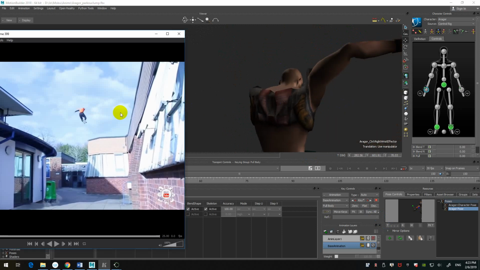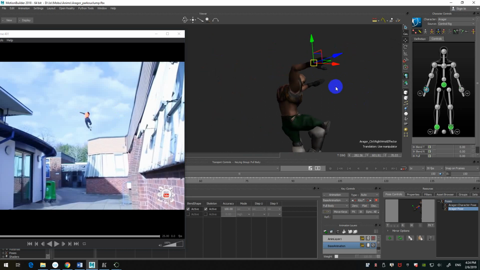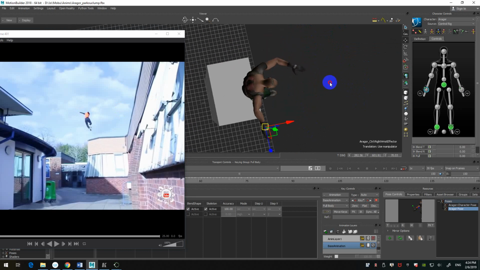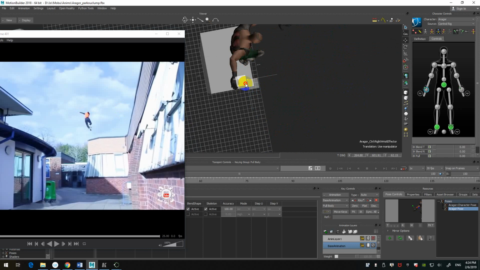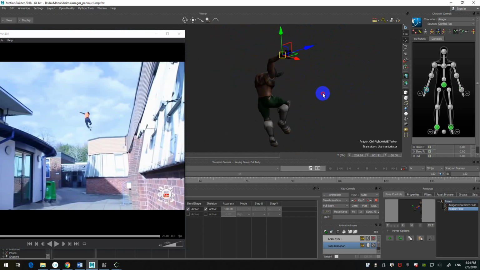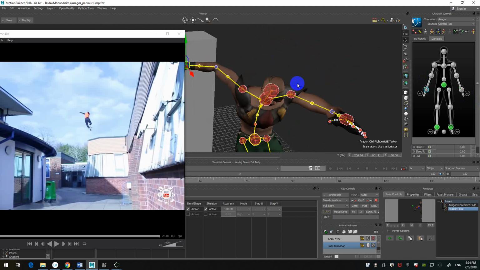Let me see. Yeah, it's pointing towards the camera. Let me see if I can give it a little bit better. Yeah, it's pointing more towards the camera. Something like this. Anyways, it doesn't have to be exact, as long as it's close enough. Here I'm gonna try to use the